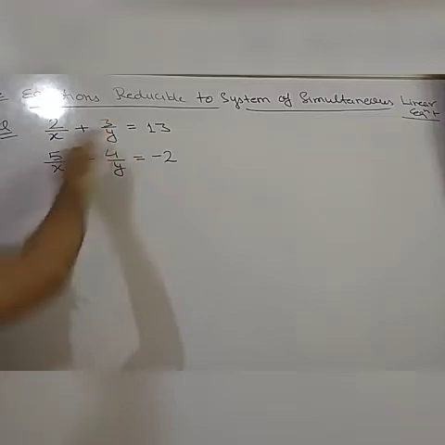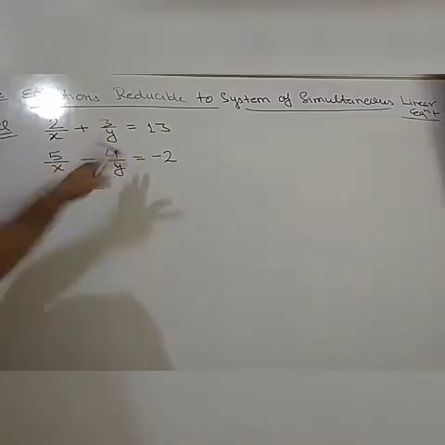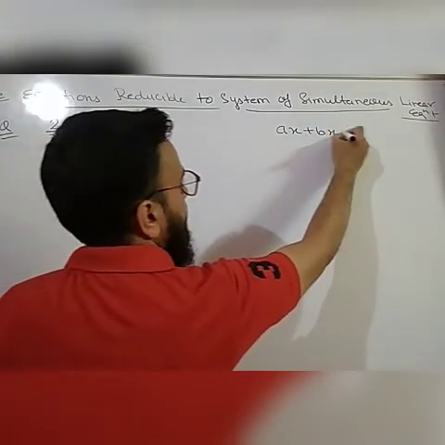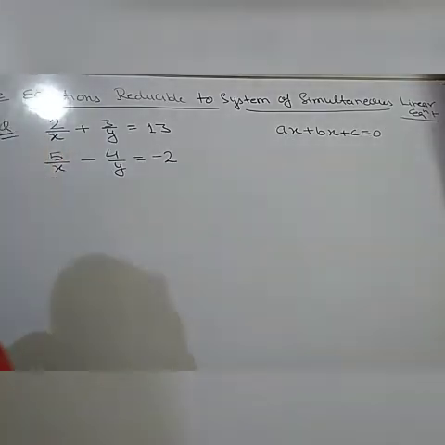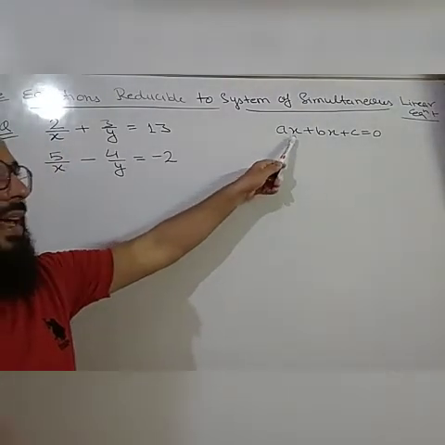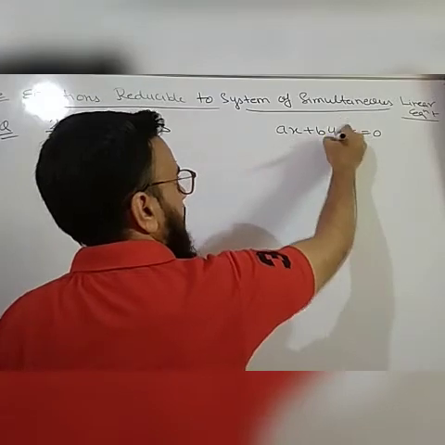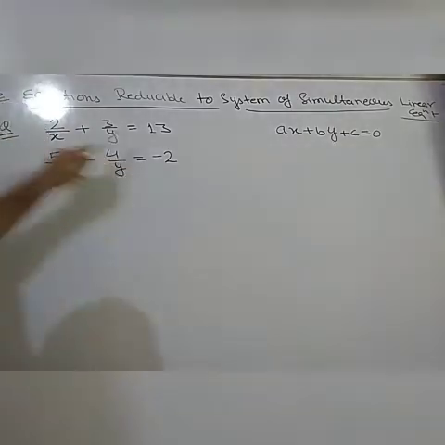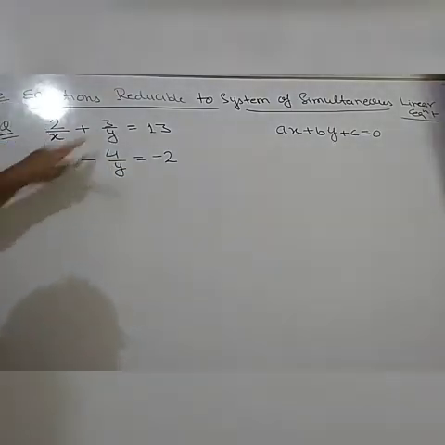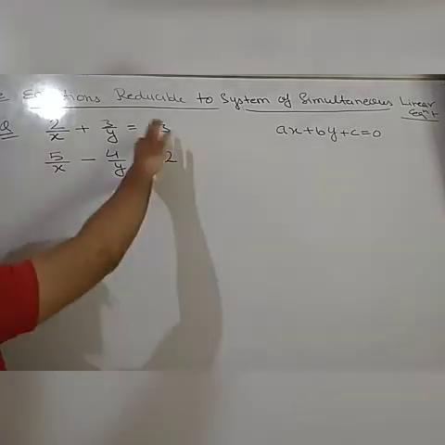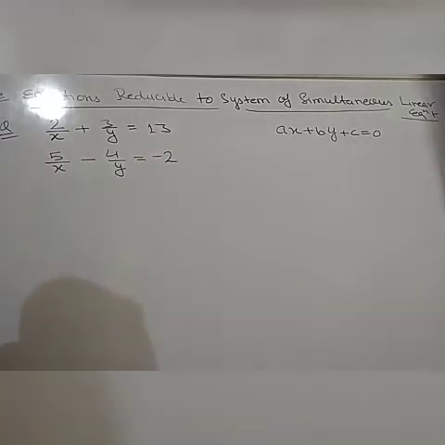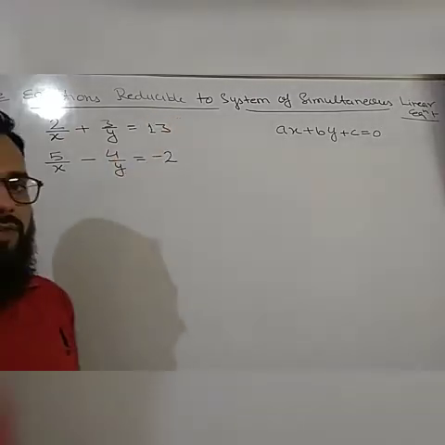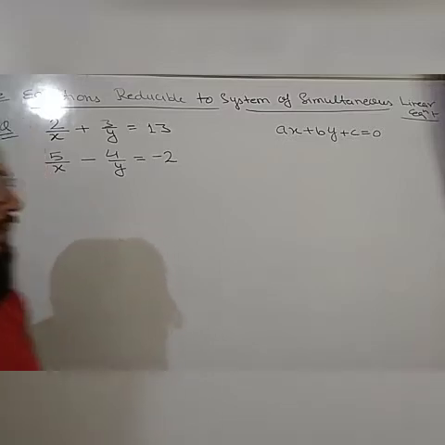Now if we see, these equations are not in the general form, because in the general form of a linear equation, ax plus by plus c is equal to 0, the variables x and y are in the numerator. But here in these two equations, the variables are in the denominator. It means they are not in the general form of a linear equation. So first we will reduce them into the general form of a linear equation. And how will we reduce it? The method is,